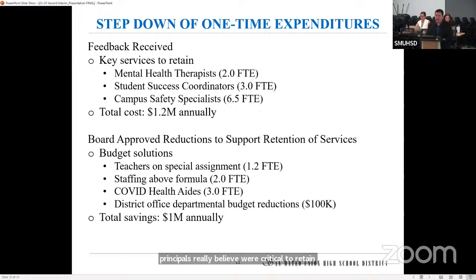And so at first interim the staff made recommendations and the board approved the reductions listed below on this slide